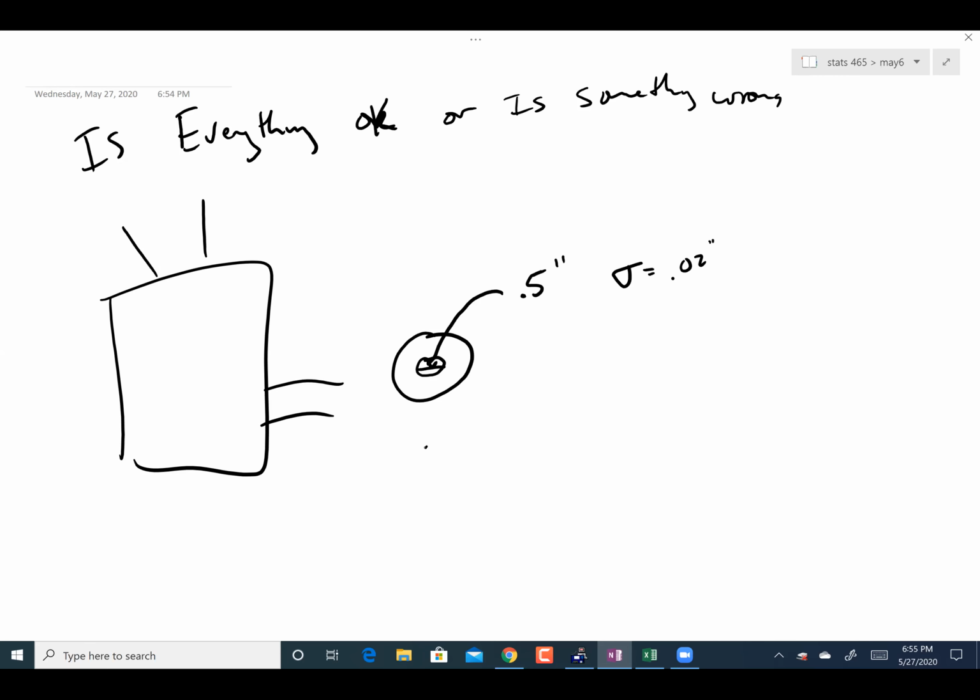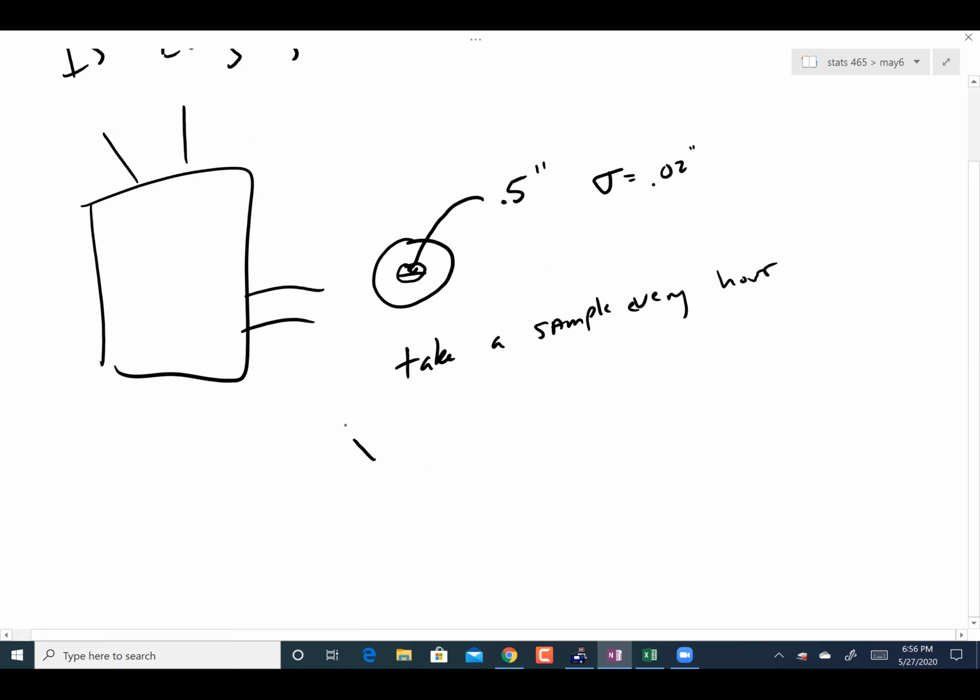I'm going to take a sample every hour, let's say, or every hour or twice a day, or whenever you're going to do it. And what I'm going to do is compute X bar. Cool. And so I'm going to find the sample average. Now, if it was one, so let's do this first. Let's say this. We are going to shut the machine down,